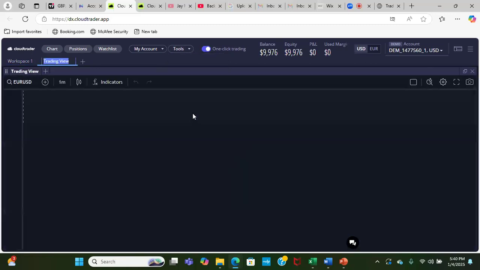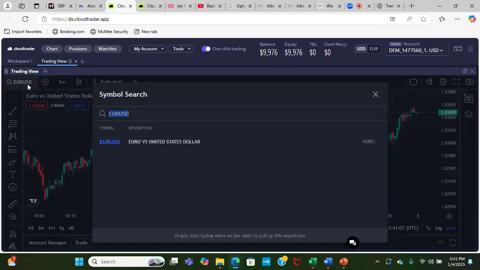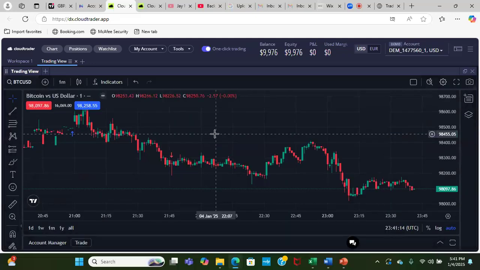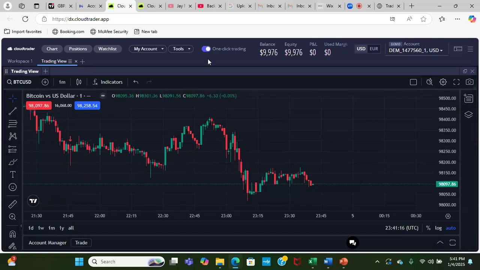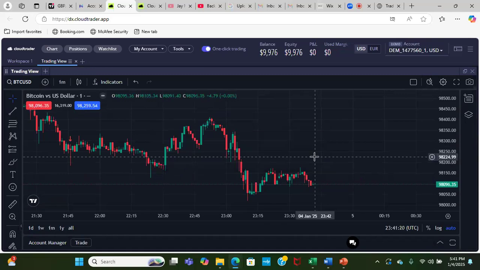Let's say, for example, we were putting in the BTC Bitcoin trade that he called out. I would minimize this, come here and click BTC USD. Once my chart gets to BTC USD, I can put this on one-click trading right here. When I turn it on, I press activate, and then these are going to start highlighting. There's a highlight red, there's a highlight blue. When you hover over red, this means sell. When you hover over blue, this means buy.